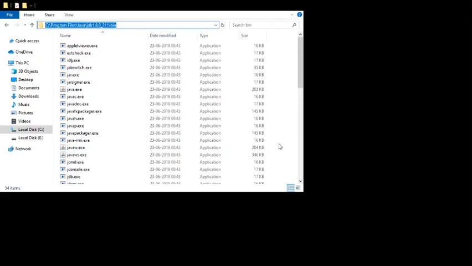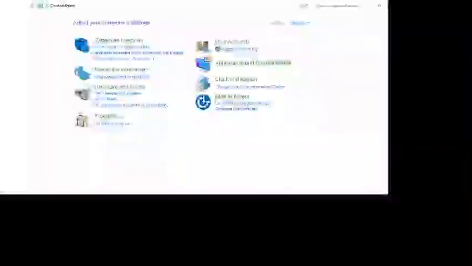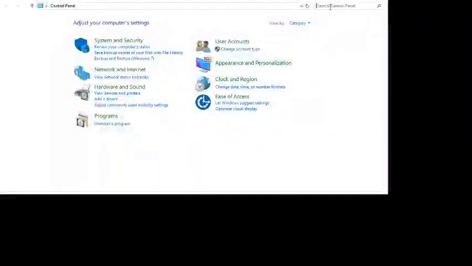Now I would go to the environment variables, basically the control panel, so that we can check the environment. Go to the control panel and type the beginning of environment variable and click edit environment system variable. Now over here you will see the environment variable option available, and go to the path setting. Here you will see that I have already added a bin folder under my JDK folder.